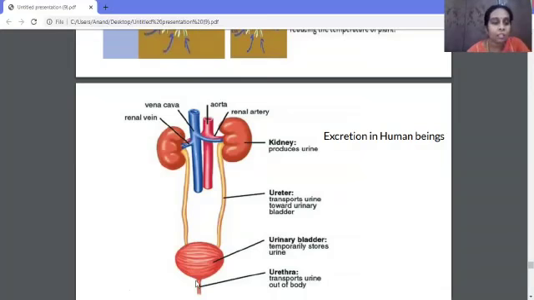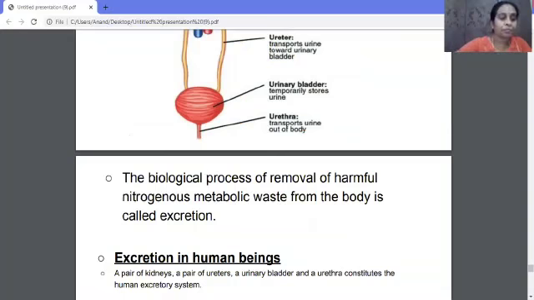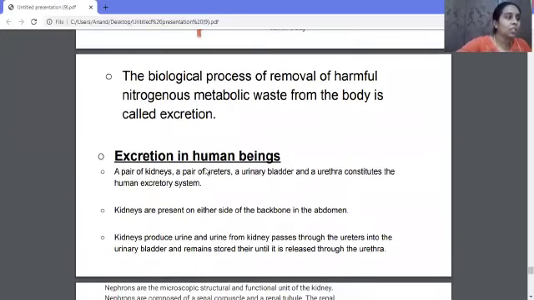So you can see here the excretory system of man includes a pair of kidneys and the ureters, urinary bladder, and urethra. Here you can observe the vena cava and the aorta, which help in supplying the blood to the kidney for filtration. Here the kidney will filter the metabolic waste from the blood, and it helps in the formation of the urine, and it throws the urine out of our body. So we'll see now how this happens and what is the structure of the